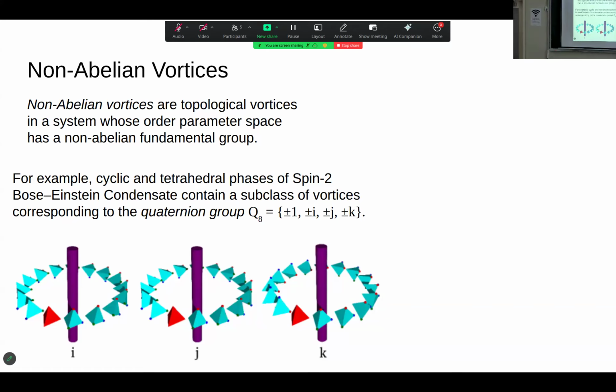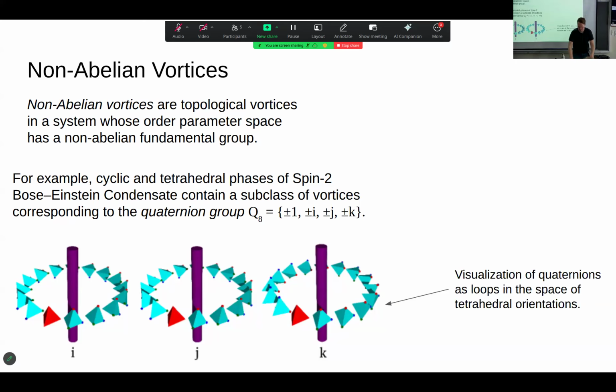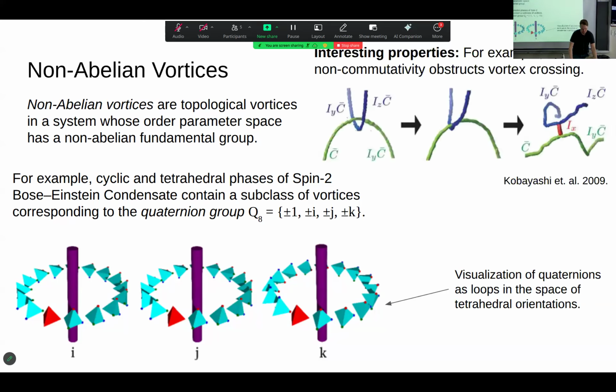Because there's basically 3 ways you can choose the rotational axis. So one of them is missing here. Okay, so this is the visualization. And one of the interesting properties of these non-abelian vortices is that this non-commutativity can obstruct vortices